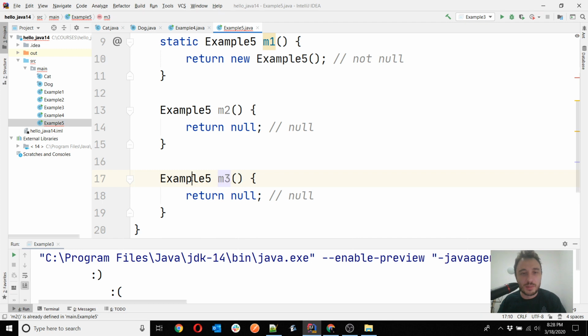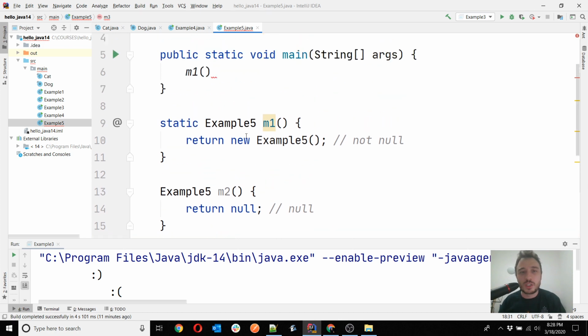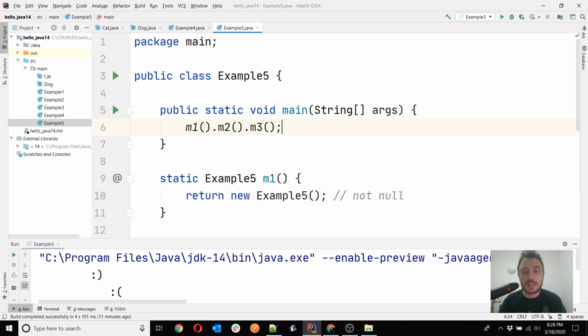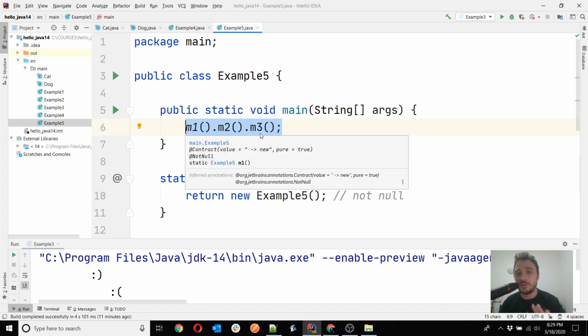And for example, this third one, maybe it's a void one, and then I just system out something. And imagine this situation. I call M1 from M2 from M1, and then M3, and then I can have a long spaghetti code where I do a lot of dereferences. And yes, this is clearly not something that you want in your production code, but unfortunately you will see, especially in old applications, you will find a lot of situations in which 3 is maybe the smallest number of dereferences